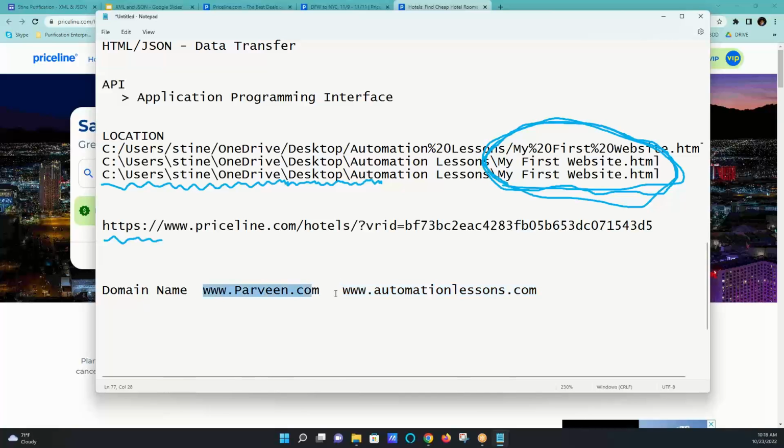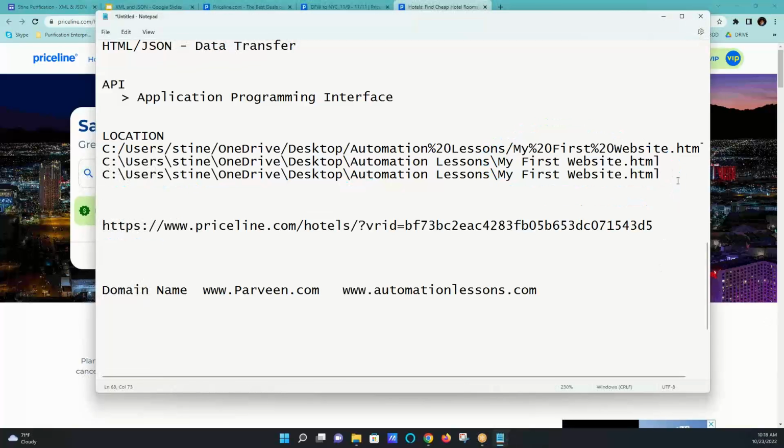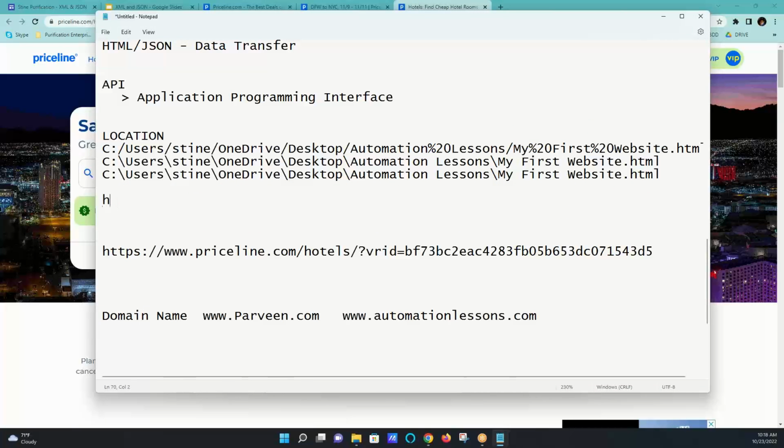So what happens? Once you buy this domain name, you're like, okay, I want this domain name and I want this file. You connect this file to this domain name, and you no longer have this C colon user Stein nothing. This whole thing is going to get matched, and it's going to say something like this. It's going to have www.parveen.com/automation lessons